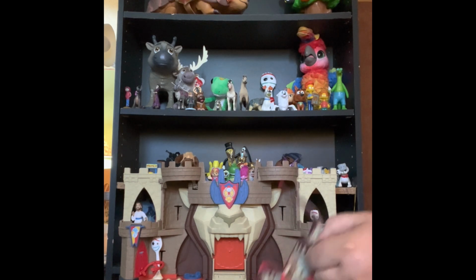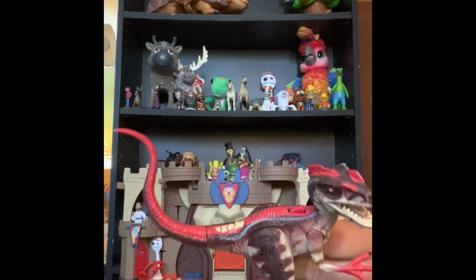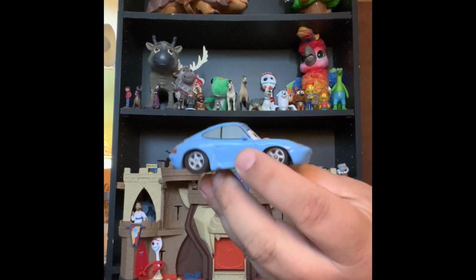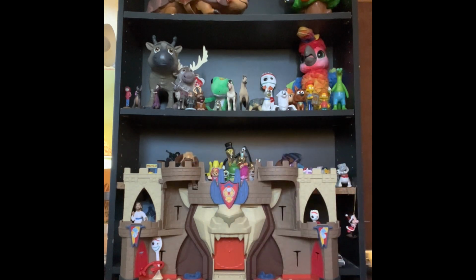Probably Battle damage. No. Dinosaur. No? Sally from Cars. Here's Sally from Cars. She was in 1 and 2, right? I didn't see 3. I thought she was in all of them. They should get Sally to marry Lightning McQueen. Oh, yeah? Or date. Were they dating in the...